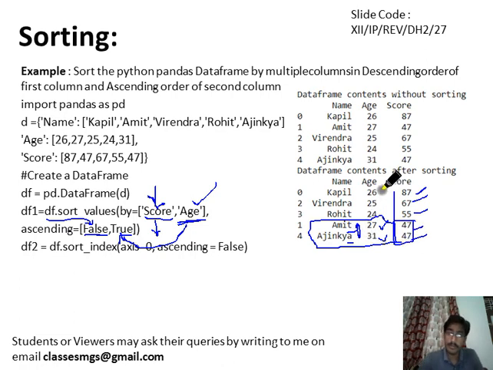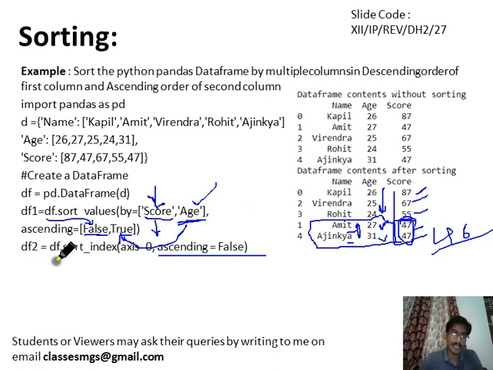It will not apply directly on the age, right? All the values will not be sorted at the second level. Keep this in mind: only if there are matches will it apply, and only on those values, not on all values. If there is no match in the score column, like 87, 67, 55, 47 and 46, then the second level sorting will not apply, because there are no same values in the score column for which second level sorting should apply. So keep this in mind while you are answering the question.